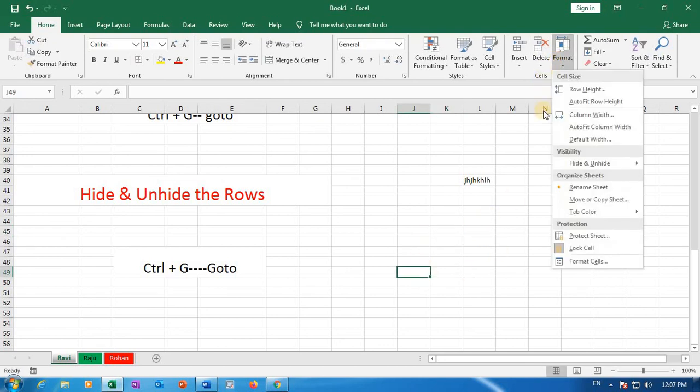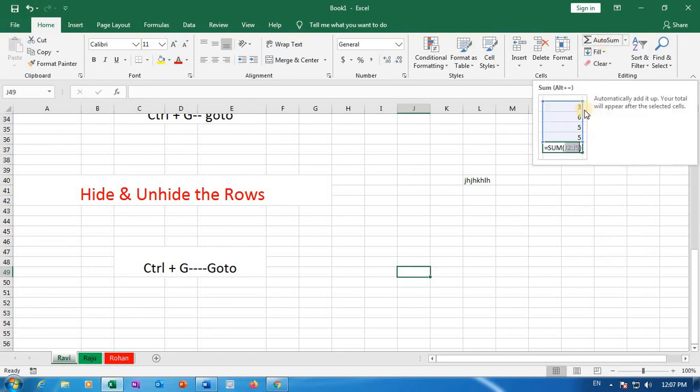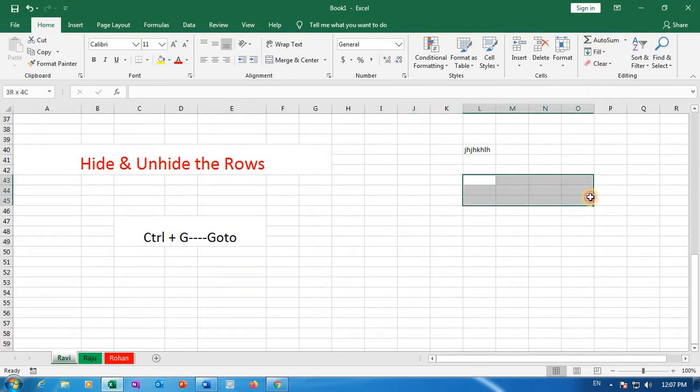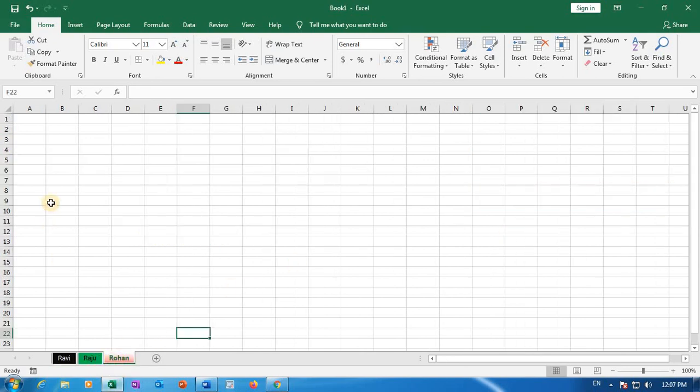Next, AutoSum. What is AutoSum? Again I am going to take another sheet. I have entered some numbers here, and I want to do AutoSum on all of them.